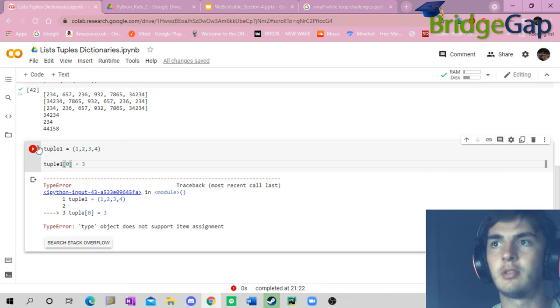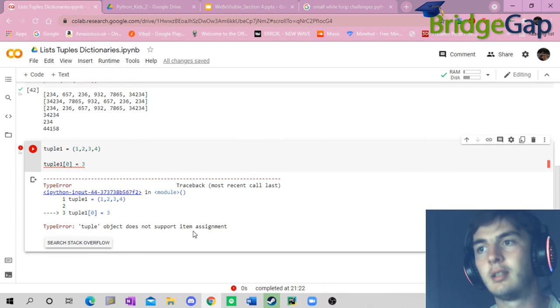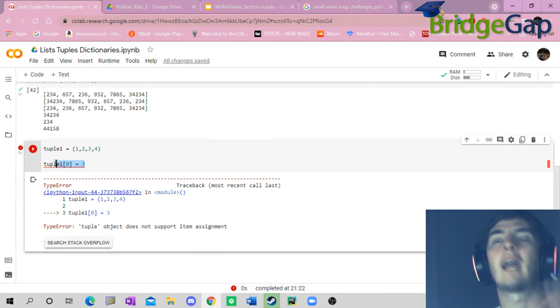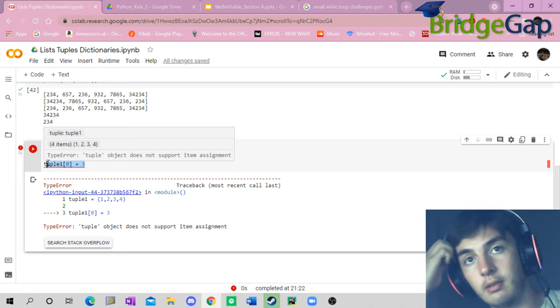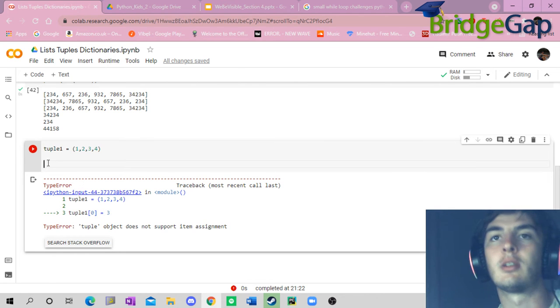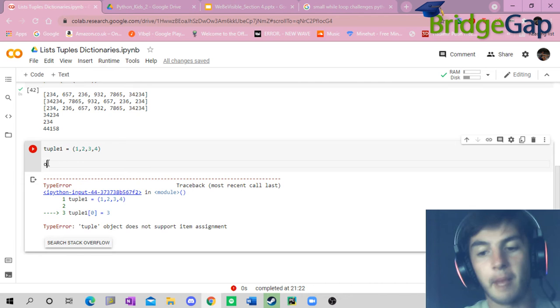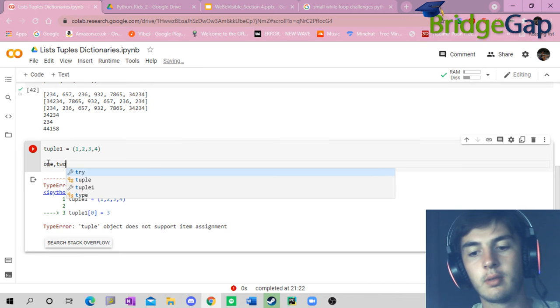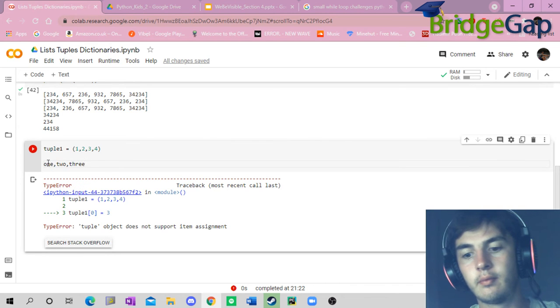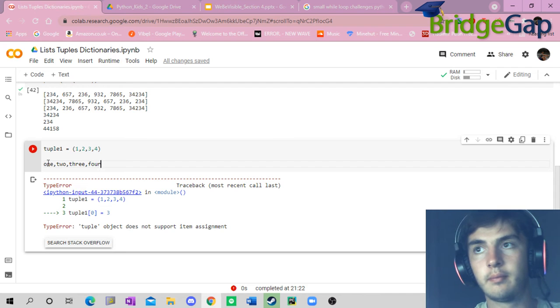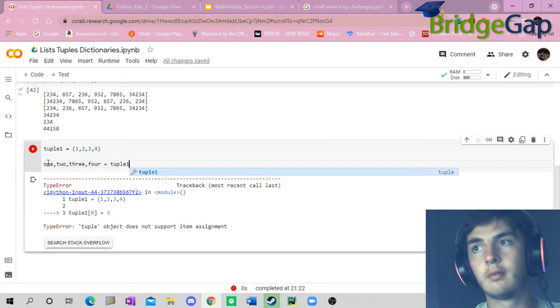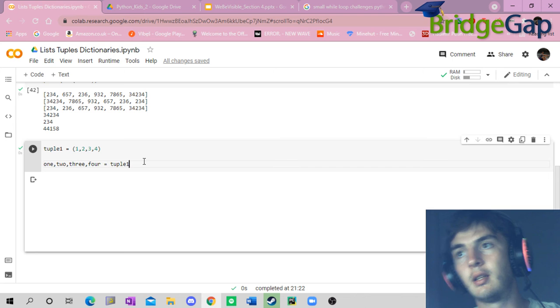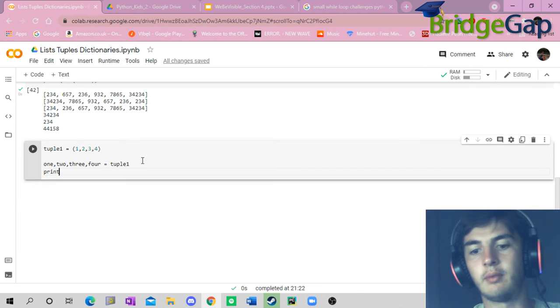Well, I'll put tuple 1 first of all. Still, cannot change the things that are in a tuple during the program. It is a constant, okay? We can unpack them like this. Okay. Oh, we didn't print them. And then if we do print